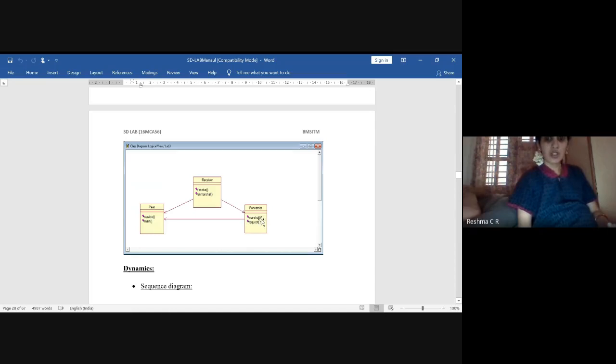The forwarder will marshal the message, that is, encapsulate and encode it. Whatever request has been raised by the peer, it has to execute, so it will send it to the receiver. The receiver will unmarshal the message and execute its services.